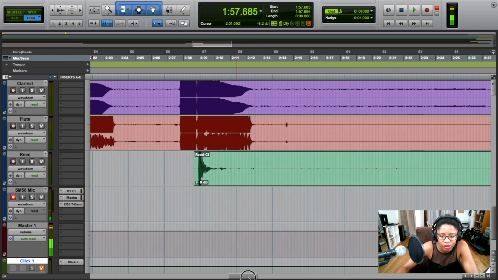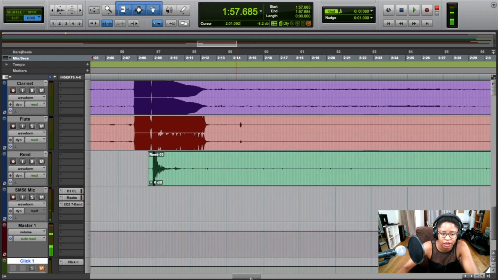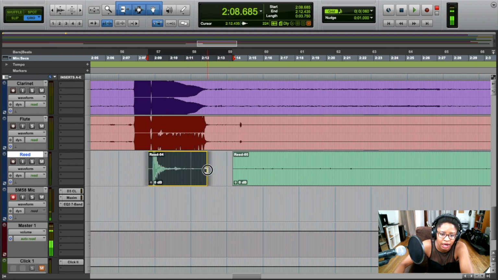Other things you can do too in terms of helping your cutting productivity is position the playhead marker wherever you want in the track. I like to highlight the track just to emphasize I'm doing the right thing. And then hit Command E. And Command E will let you split the track right there. And then you can also